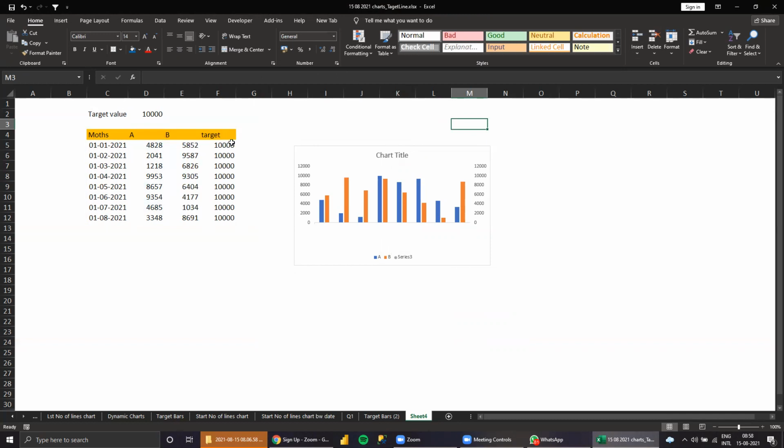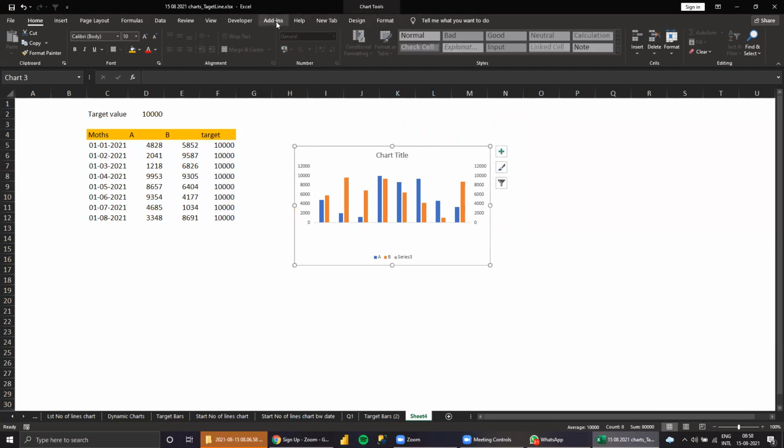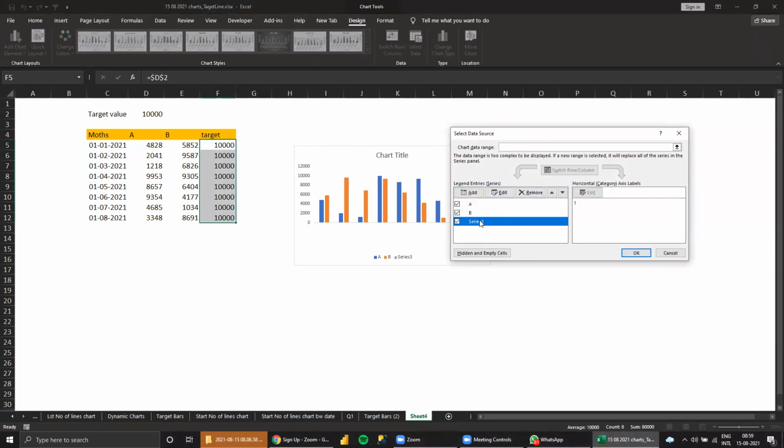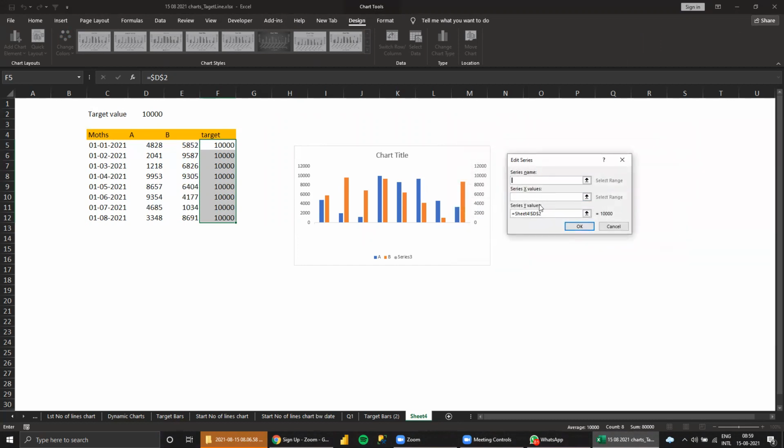I will do that. But this is one more way we can see the scattered chart, meaning line chart. So place the target value for all the months. Then you need to take that as a line chart. So series, edit. So these values we need to take here.